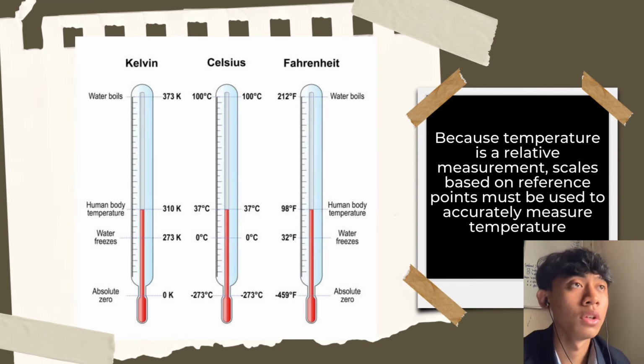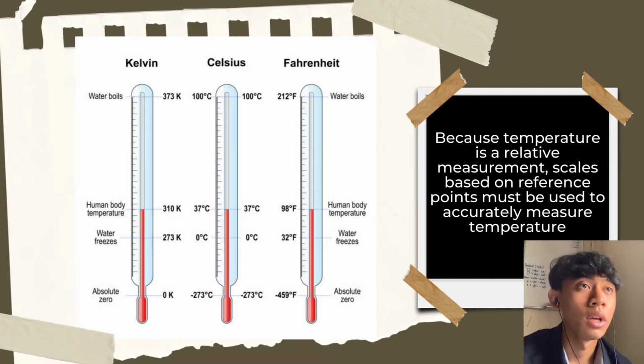Here we have the three main temperature scales. First is Kelvin. You can see the water boiling point for Kelvin is 373 Kelvin, and human body temperature is 310, water freezing is 273 Kelvin, and the absolute zero for Kelvin is 0 Kelvin. And for Celsius, water boiling is still the same at 100 Celsius, but the human body